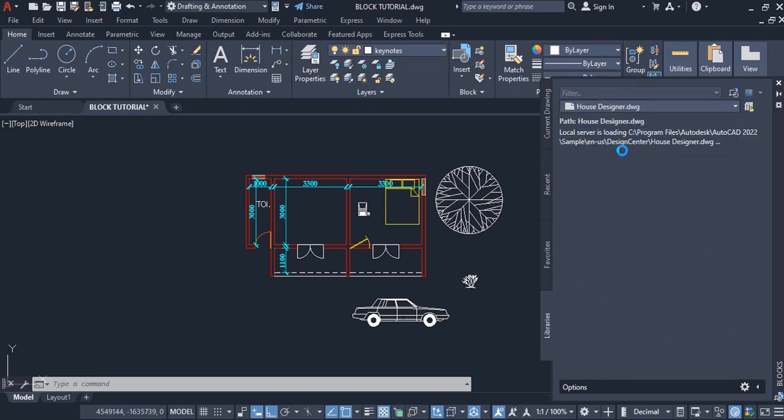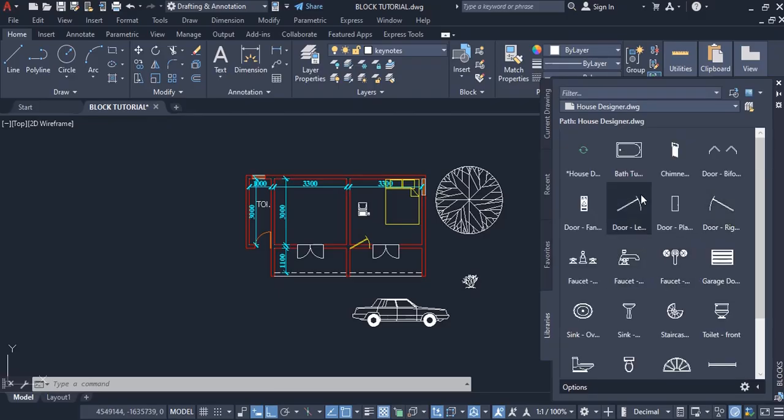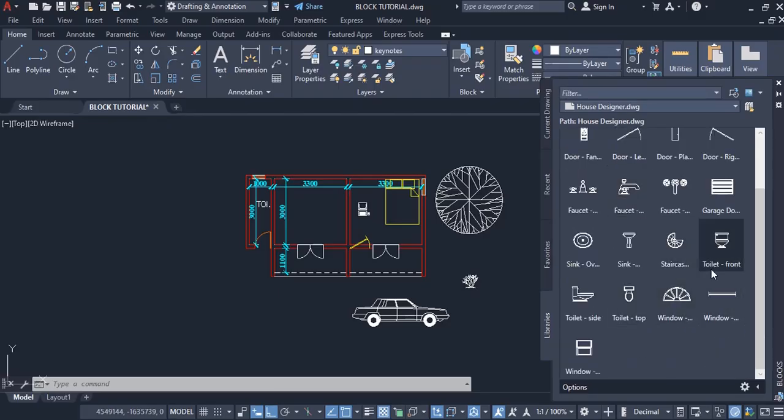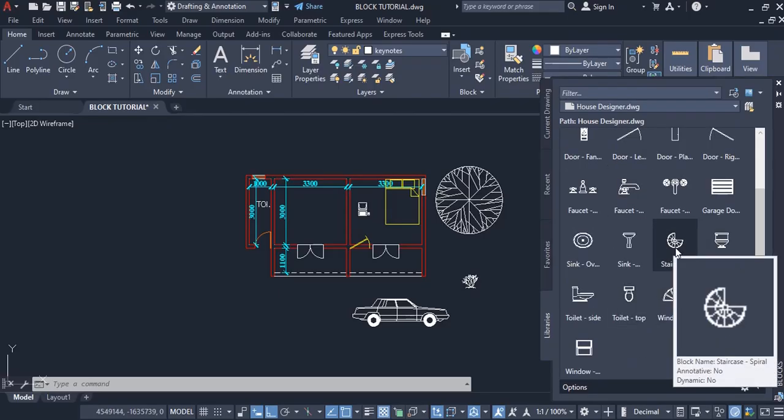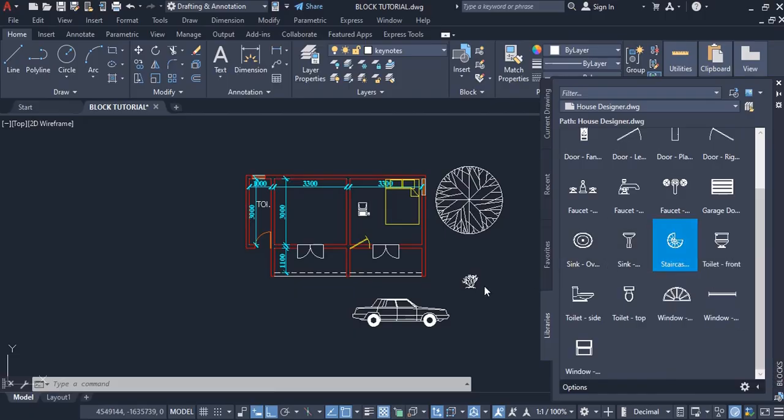Here we have the house designer. Once you click on it, you allow it to load. Now after loading, you can just go straight and pick what you want to do. For staircase as well, you can pick and insert anywhere depending on what you're working on. All right,